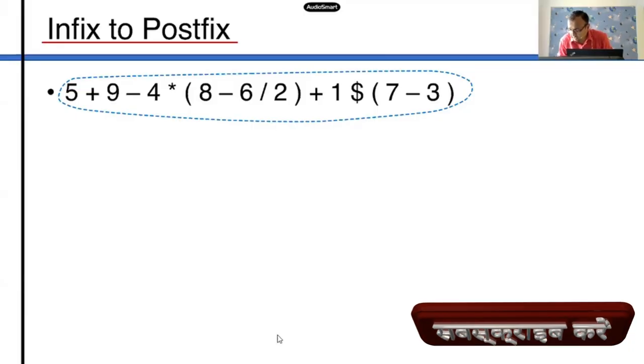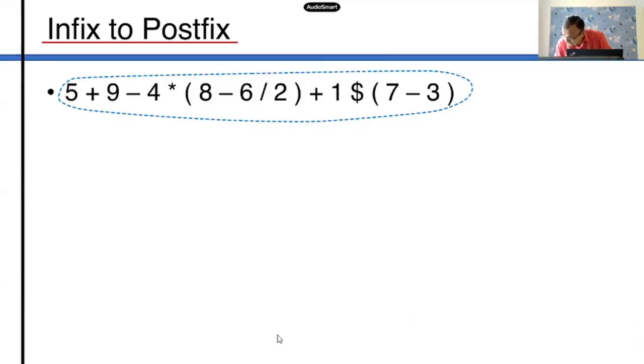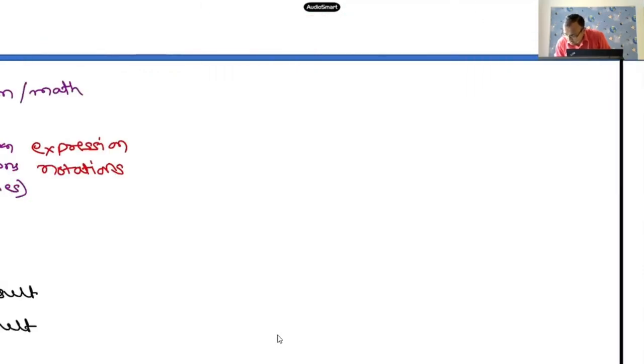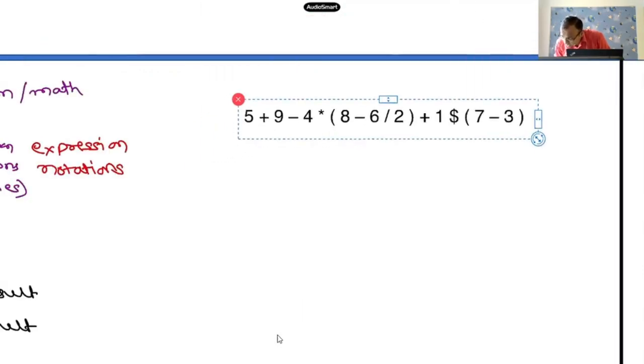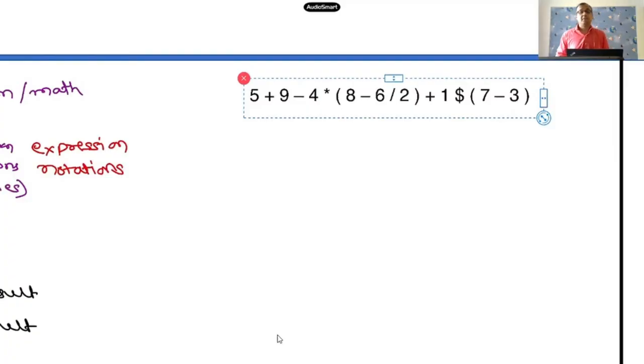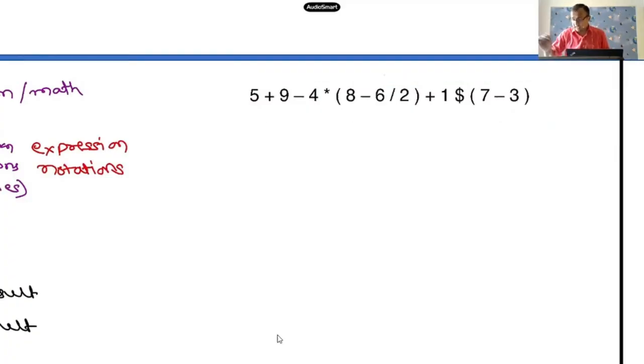Without programmatically in the sense, I'm saying that I want to keep it very simple. Given a statement like this in infix notation, पहला क्वेश्चन है, how do I convert it into the postfix by hand और by manually? हम इसको postfix में कैसे कन्वर्ट कर सकते हैं? ये पहले तो हमको ये जानना चाहिए। और बाद में अगर हमको मैन्युअली कन्वर्ट करने आता है, फिर हमें ये देखना चाहिए कि ये प्रोग्रामेटिकली कैसे पॉसिबल है, प्रोग्रामेटिकली इसके लिए क्या एल्गोरिदम है।